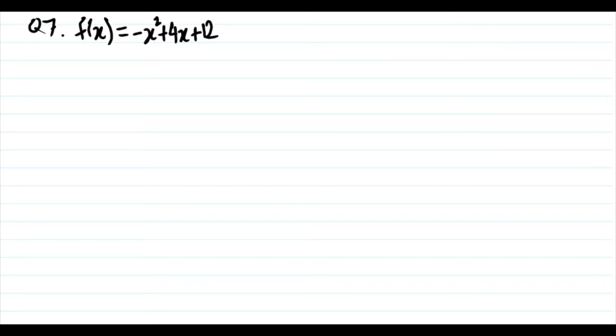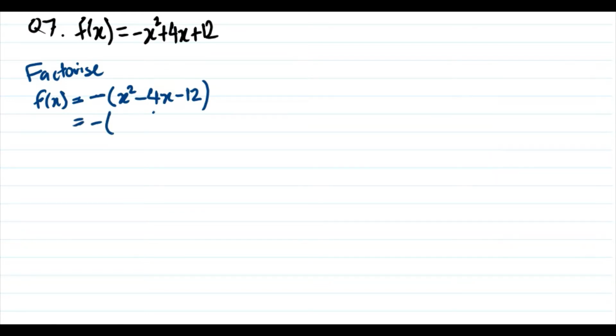So the first method we're going to try is always the easiest, if we can achieve it, and that's to factorize. Now there is only one little trick here, which is before we do that we must take the negative out. So we're going to take the negative out. And the good news is that does factorize nicely. Factors of negative 12, so it's 6